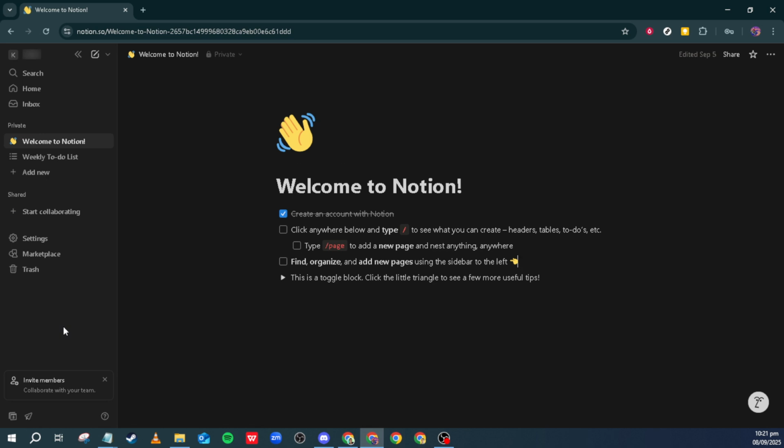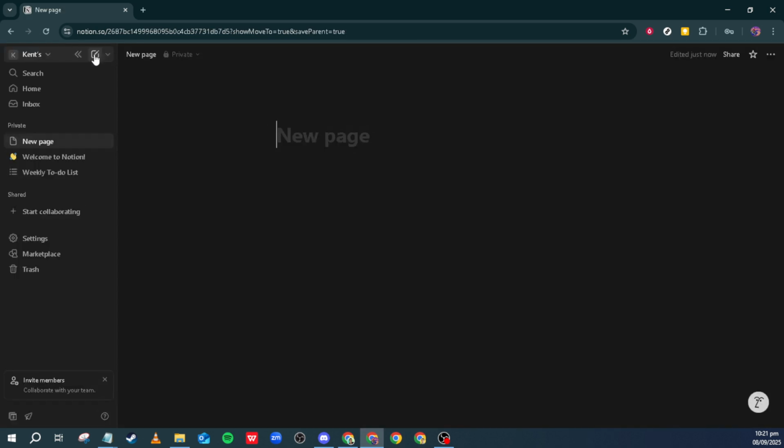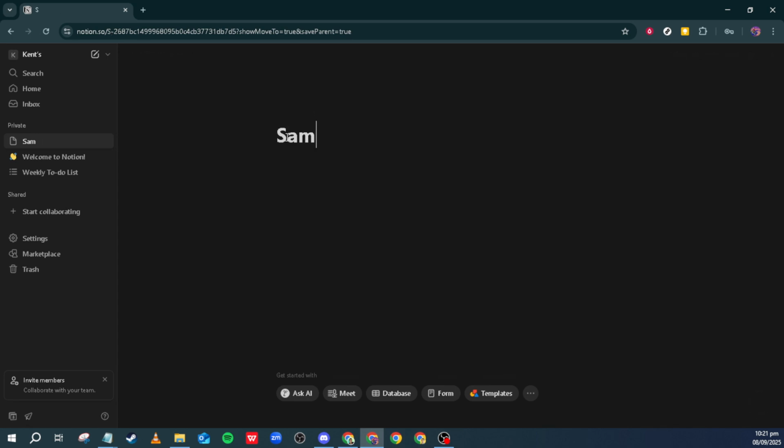For creating a new page, move your cursor to the sidebar and click on the pencil icon. This little icon stands ready to assist as your gateway to numerous possibilities or perhaps just the next big idea you aim to document. Once your page is open, it's time to bring in a table where you'll organize your